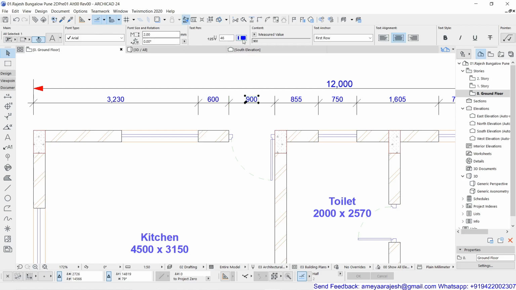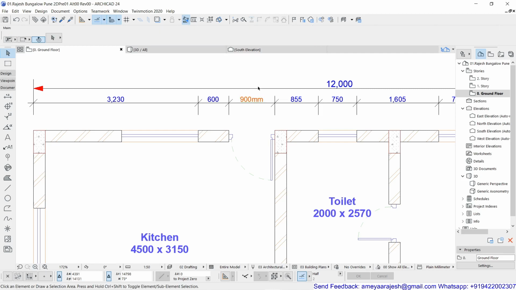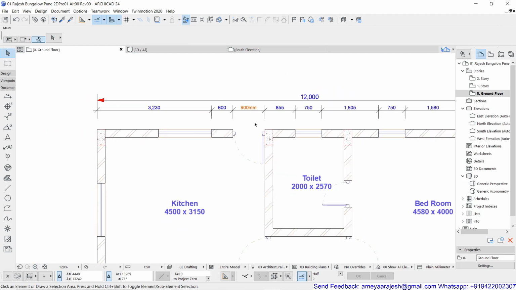I can give it a different color, a different height, even rotate it, or instead of the measured value I can say custom, and type a suffix. It's valid. These are very simple techniques of editing the dimension.